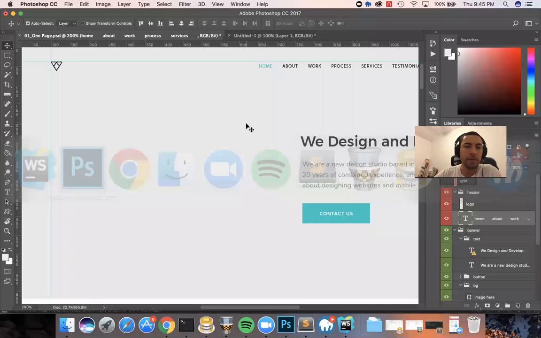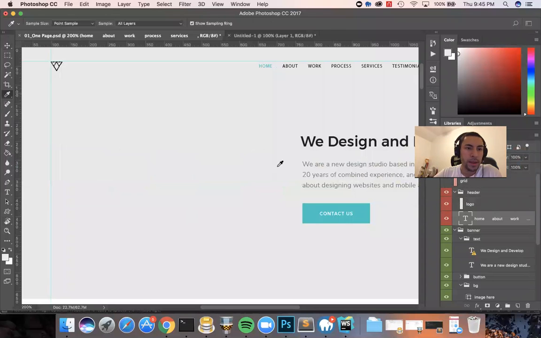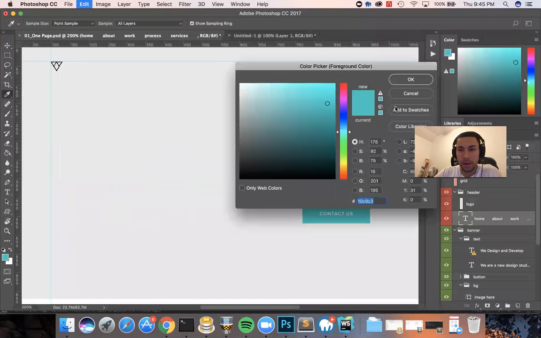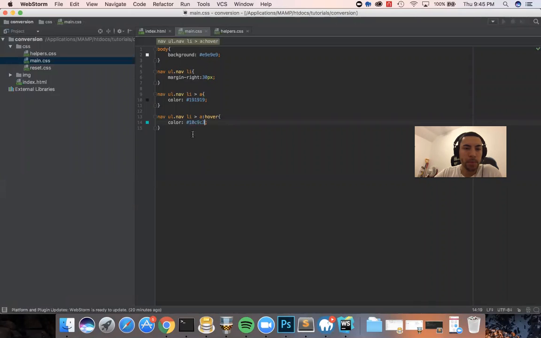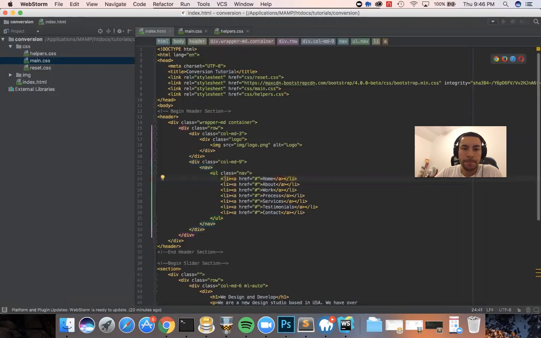So when we hover over it, we want it to be this color, which is the aqua color, and we are going to grab the hash, paste it in. We have this hash created. So when it's hovered over, it's going to have that. And now we're also going to do a li.active state. We're going to get rid of the hover, and we're saying anything that's active is going to be this color, but we're going to affect the anchor tag inside of it. So let's take a look here. If we give the home page a class of active,